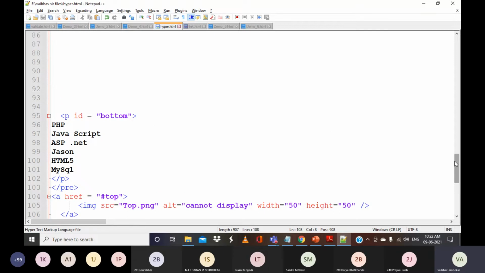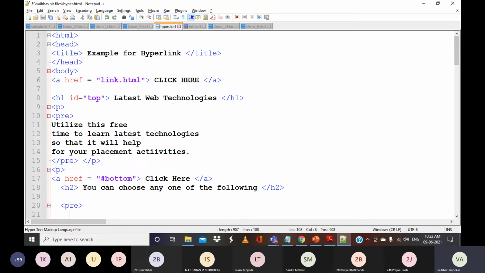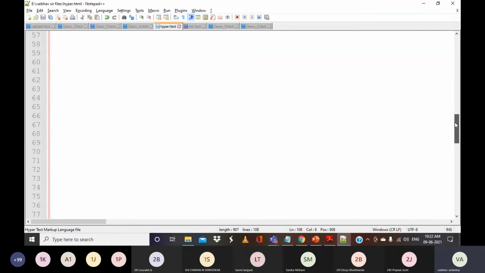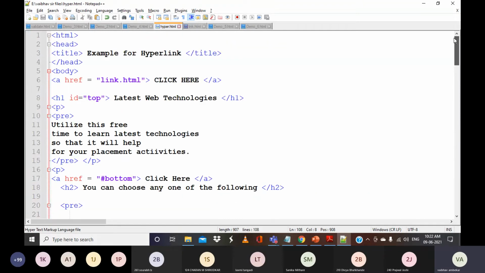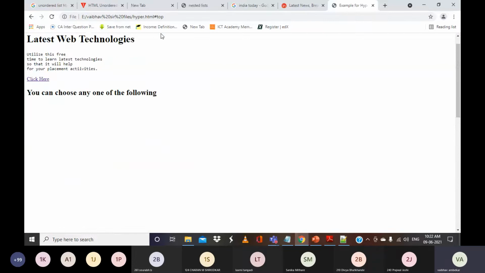Here I have used href hash bottom, click here. The moment I click on this, it will come down to the bottom within the same page. But if I want to go to a particular page from this, I will use this. The moment I click on this, I will go to the next page. So let me rerun this again.